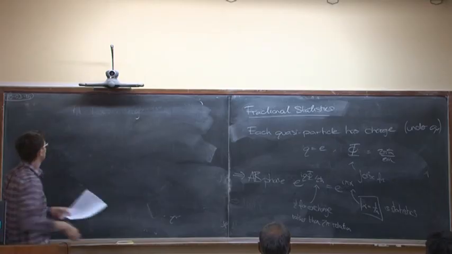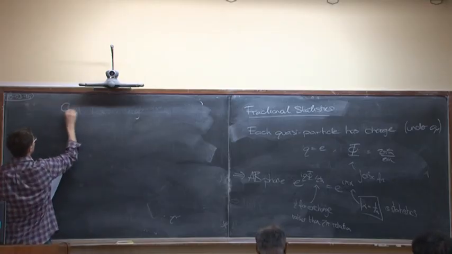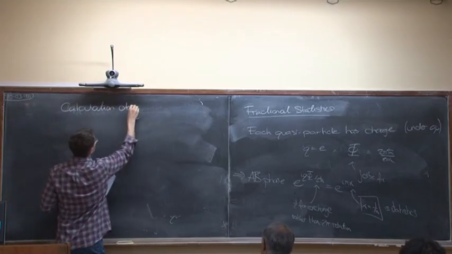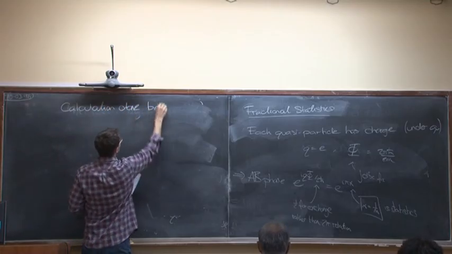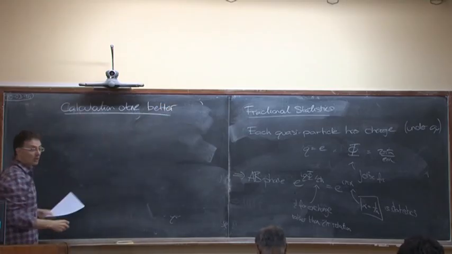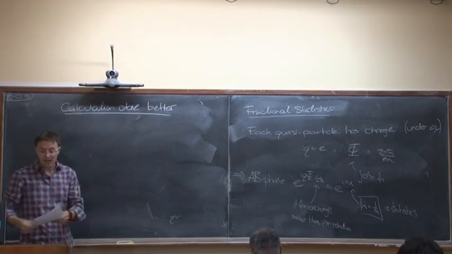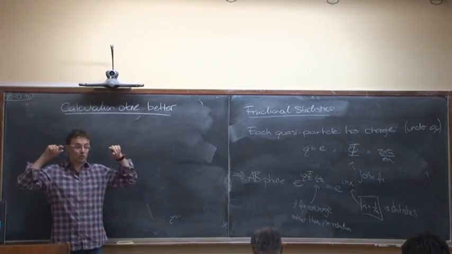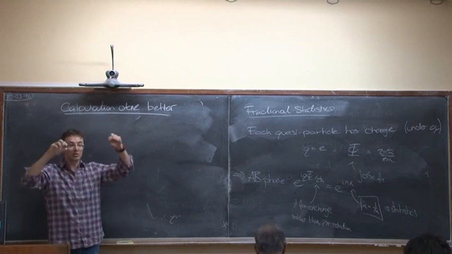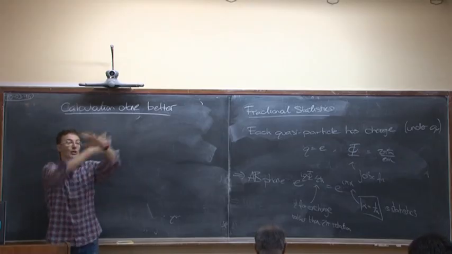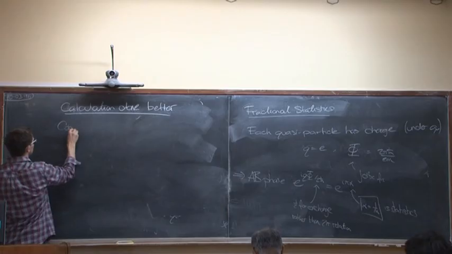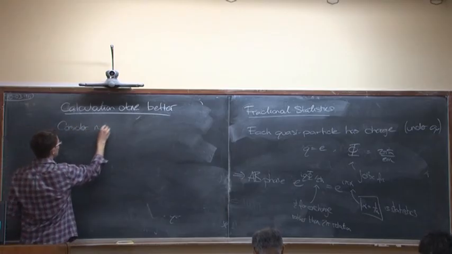Okay, so what's the calculation done better? Okay, so what we're going to do is just set up a bunch of particles, and we're actually going to think about the physical situation. So the particles will be put in some position, but then we'll also move them around each other. Okay, so there'll be fixed charges under our control, but now charges that are encircling each other. So we'll consider n particles,